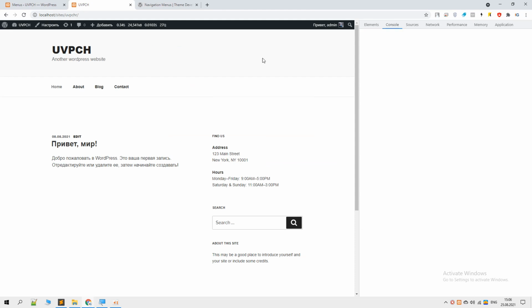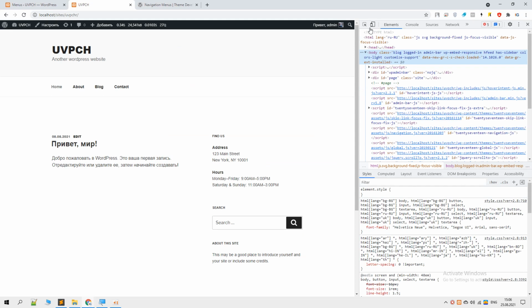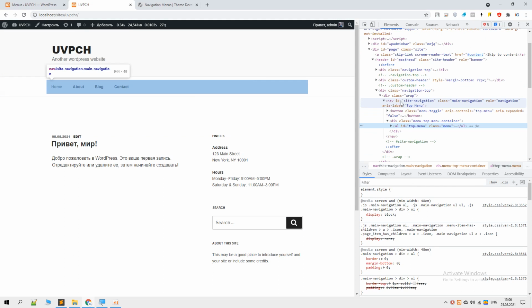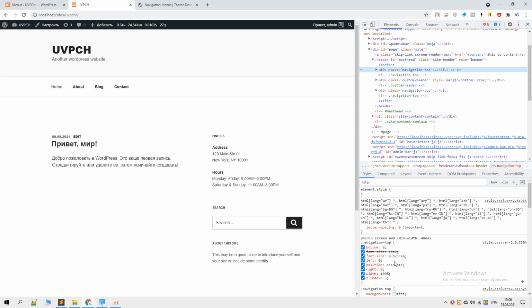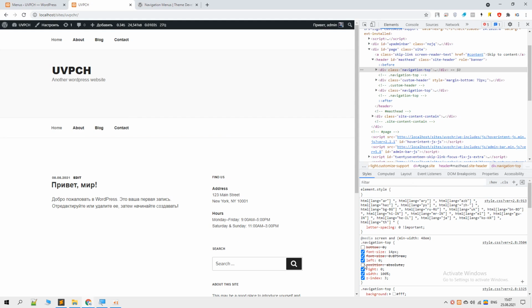But if we take a look at the code, now we can see that we have this navigation menu which is showing up in the bottom, and right here is the other one. But if you take a look at the CSS part, we can see now that this attribute makes it move downwards. So if we uncheck this box, we can see now that this is displaying correctly. So this has the position of absolute, so we need to find a way to correct this. But right now